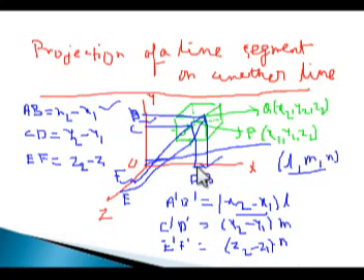So what we have done is, first we found the projections of the line segment PQ on the Cartesian axes. Then the projection of each of those projected line segments we found on another straight line whose direction cosines are l, m, n. Now if we wish to find the line segment PQ's projection on any straight line, then we have to add all these projections.